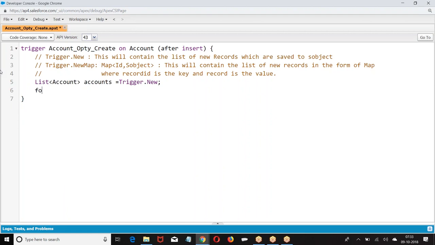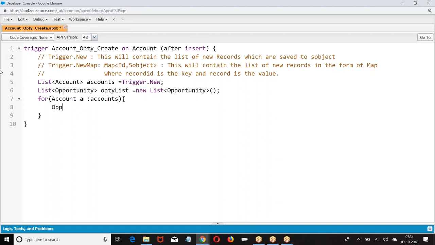Then I'm going to create an opportunity for each account. What I'm doing, creating an opportunity.